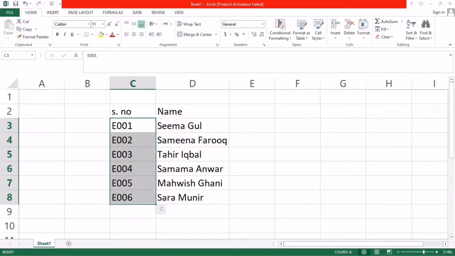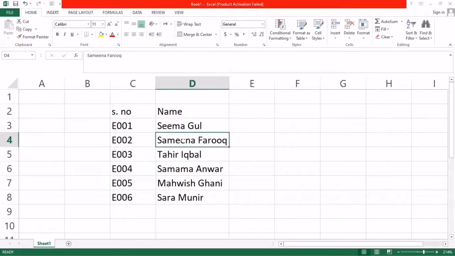For example, I want to edit the name of this one. So I click here, and since I don't want this name, I just write a new name here, and you can see the name is changed.